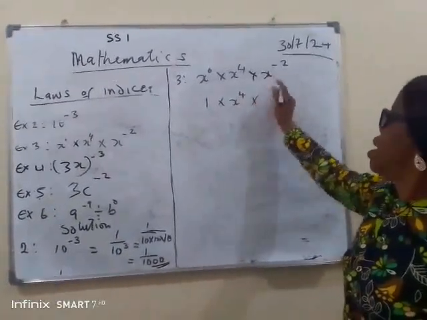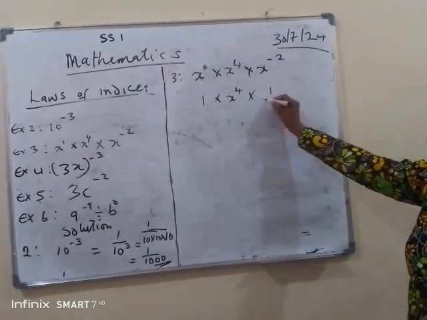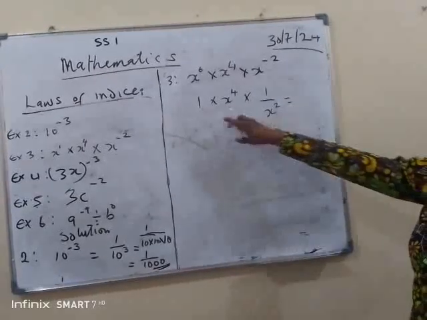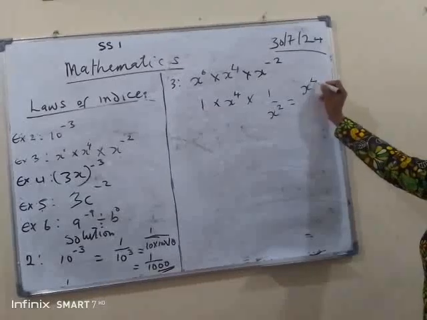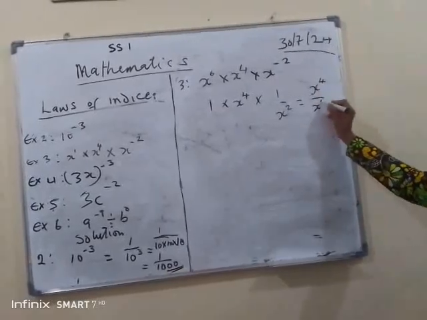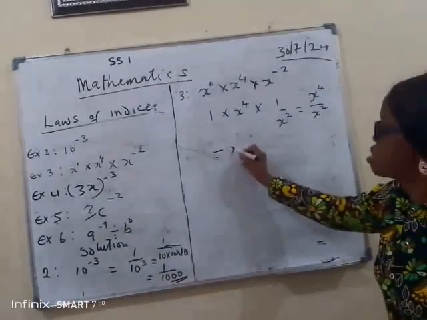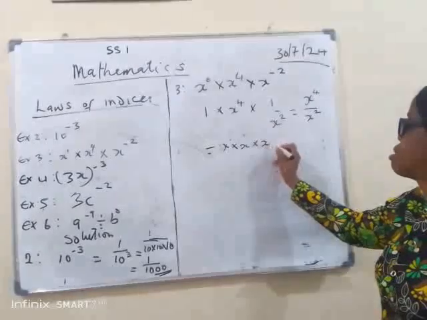Then, this one is the negative power law, which has to go with 1 over x to power 2. In that case, if this is multiplied by that, we have what? X to power 4 all over x to power 2. If I want, I can still use the same way. I have x to power 4, which is what? X times x times x times x all over